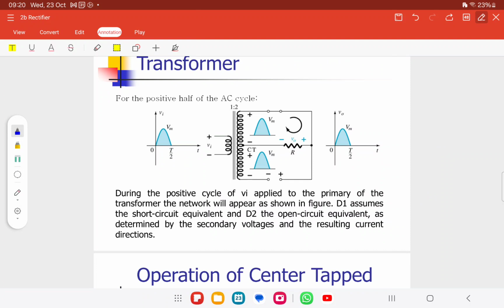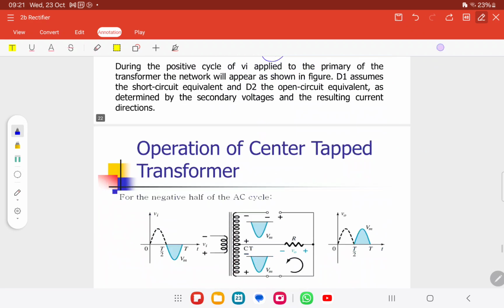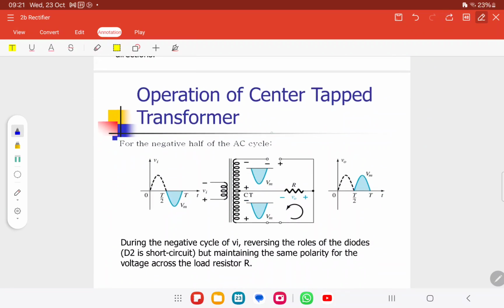Inilah dia punya explanation dia. Positive cycle VI applied to the primary of the transformer, the network will appear. Dia macam ni, dia lalu yang this one. And then ini akan open circuit dulu. Okay, for this first cycle. And then once dia close yang ni, dia akan cater for positive cycle. Nanti bila yang ni pula open, dia akan cater for this cycle pula. Like this one. Okay, this one open circuit, short circuit for here, and get for negative cycle, the second negative